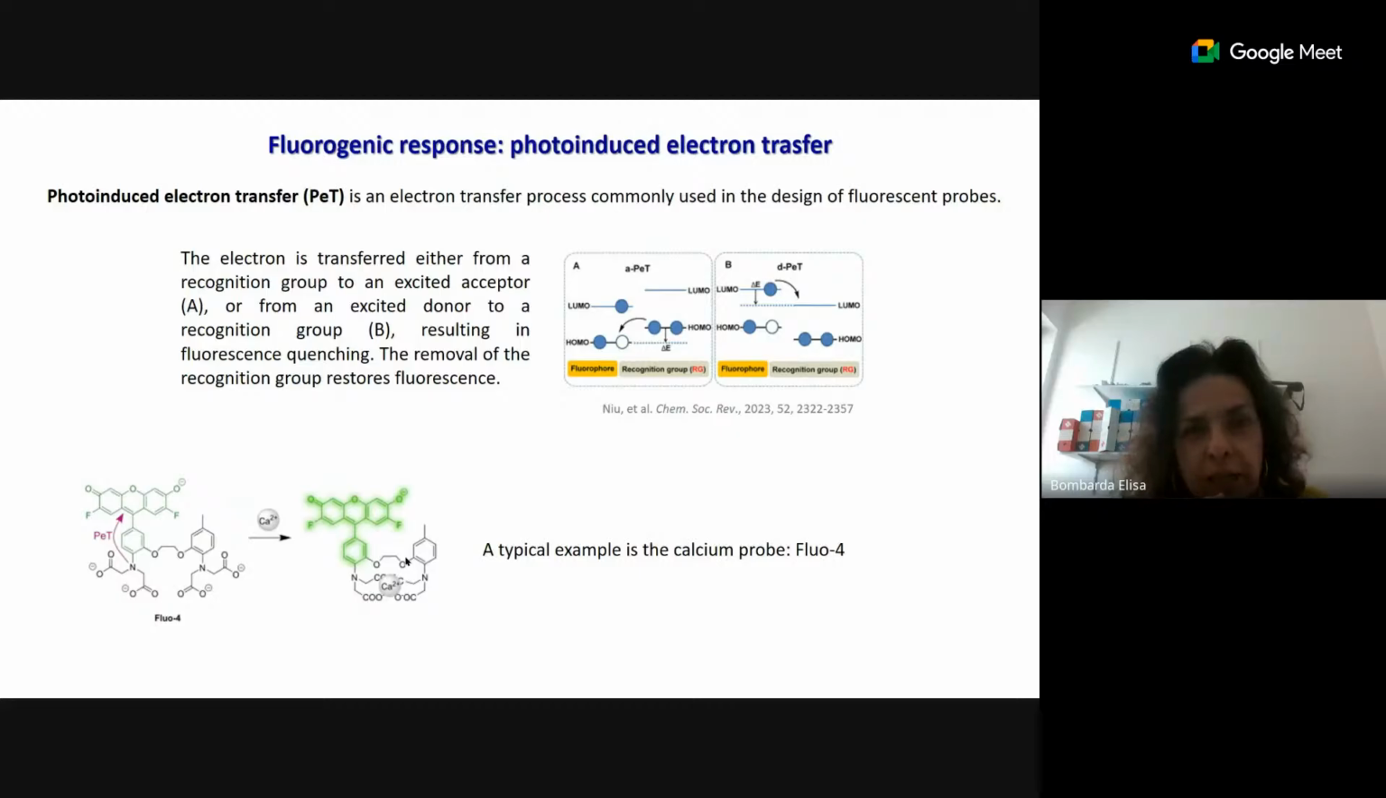So fluorogenic response is the one that is, let's say, most commonly used in the probe, and one mechanism that allowed this fluorescence enhancement is the photoinduced electron transfer. Just to give an example, so here,